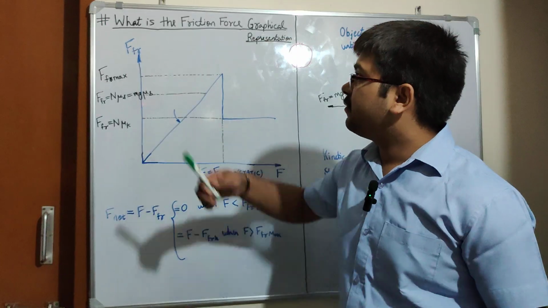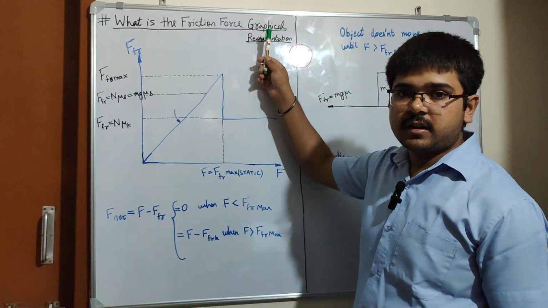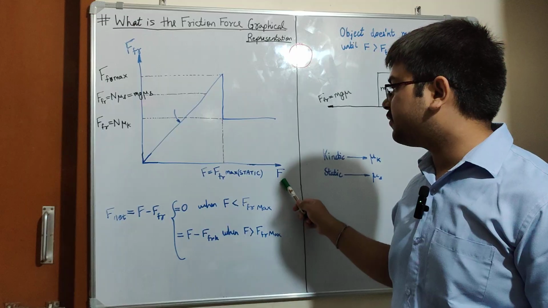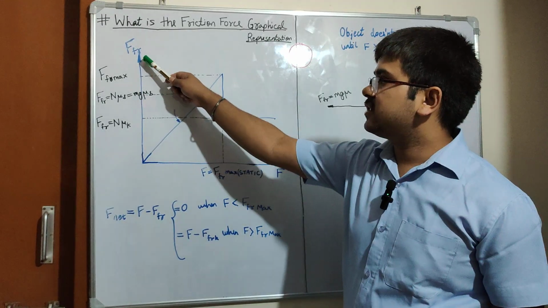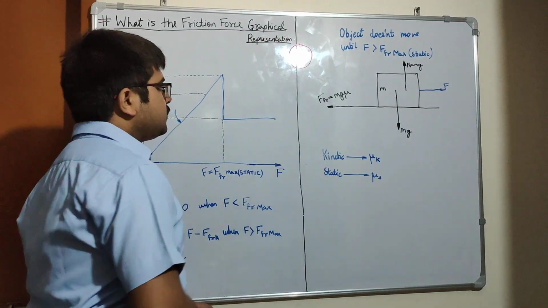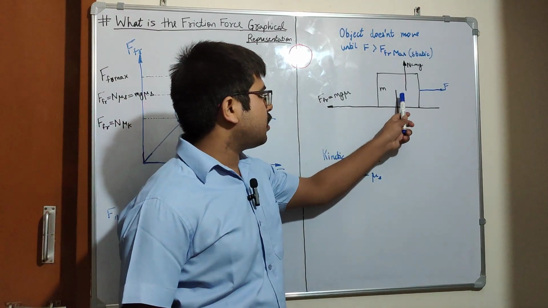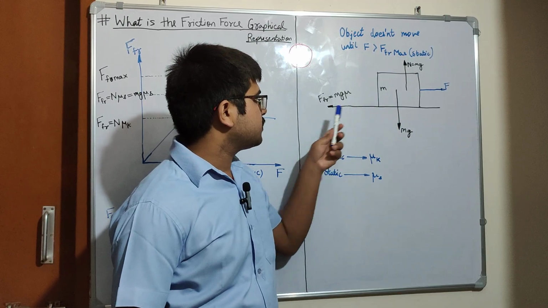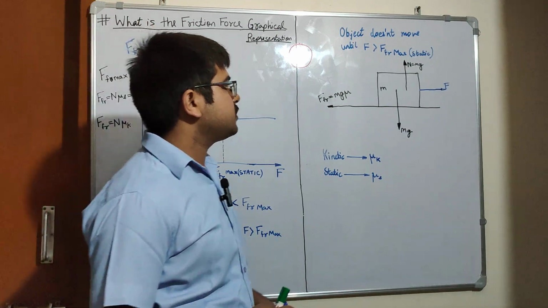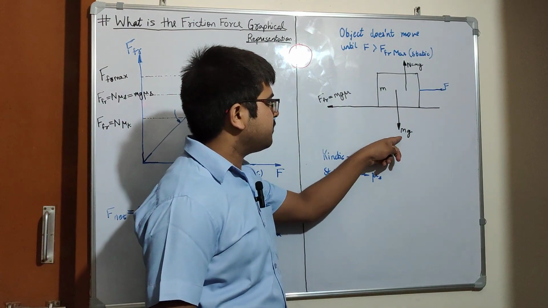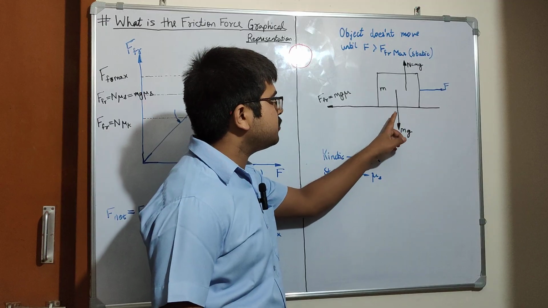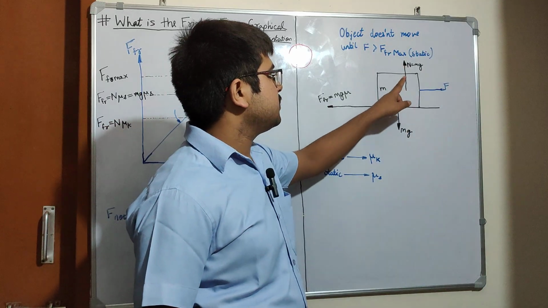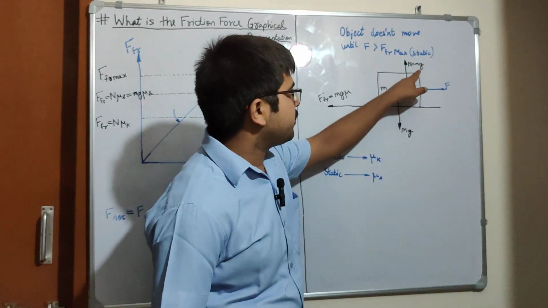Today we will be studying what the friction force is and its graphical representation. I have made a graph here in which the x-axis is the applied force and the y-axis is the frictional force. This is the applied force on the block M, which is kept on the ground, and this is the frictional force. The forces acting on this block are mg, its weight in the downward direction, and a reaction force N, which points upwards and is equal to the weight of the object,